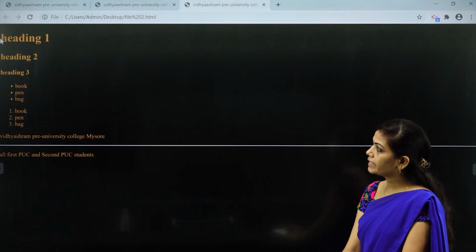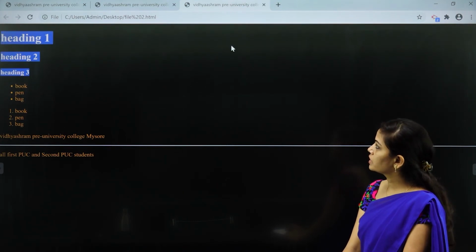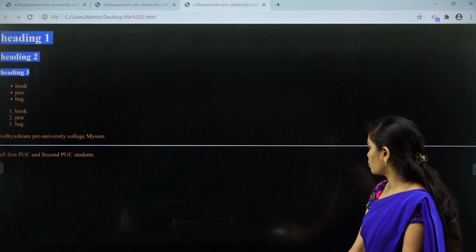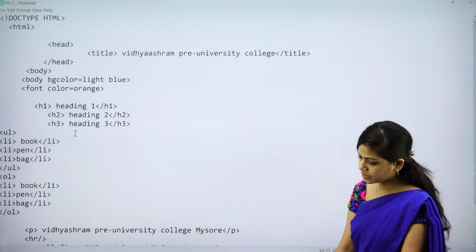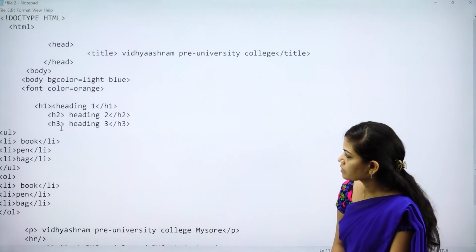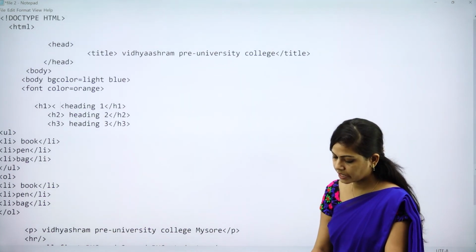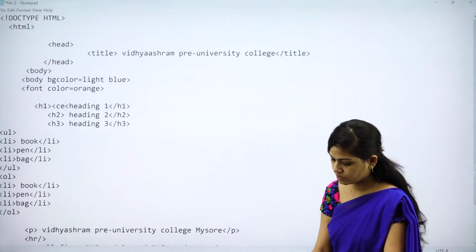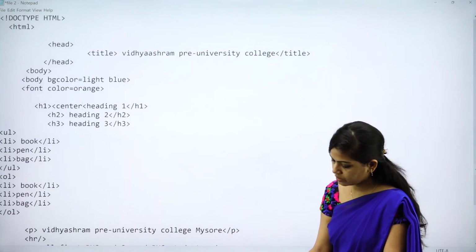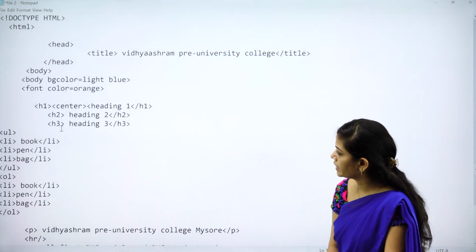And this heading, if you want to change it to the center, you can go and make it center. So I will show you. So if you want to make it center, you can change the heading.